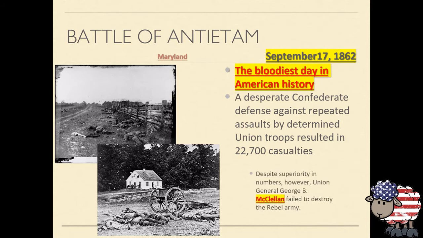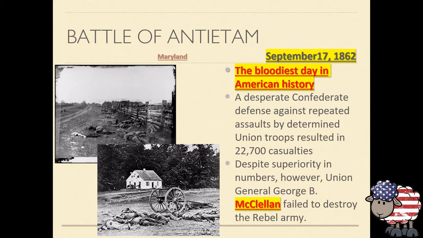When I say that, it's largely just a poke at my kids, crying because somebody took their toy, and yet people were sacrificing so much in September 1862 at the Battle of Antietam. So much blood was spilt, and at the Battle of Antietam, despite the significant superiority in numbers, the Union General McClellan failed to destroy the rebel army. This is significant because it's going to result in an indecisive outcome, where nobody really wins, even though the North had the opportunity to really lay it on the South.